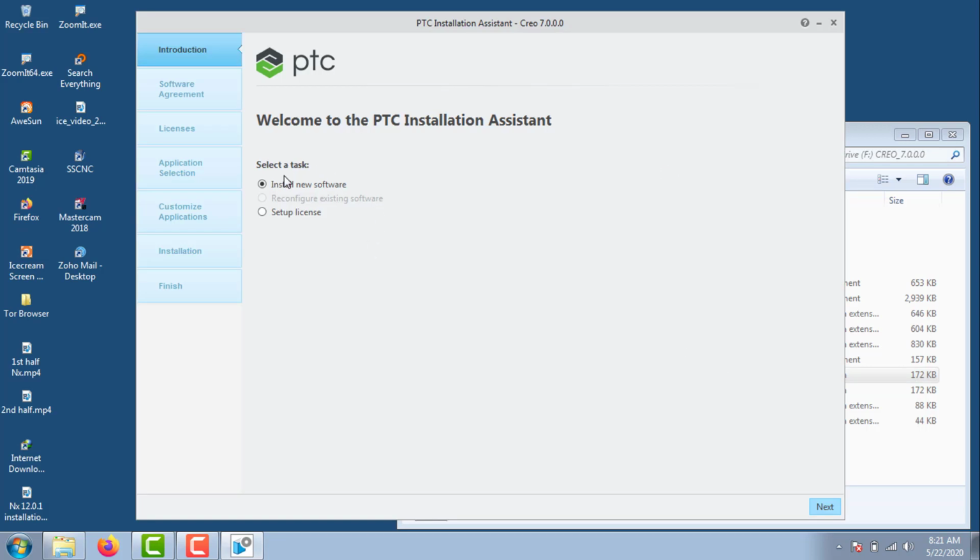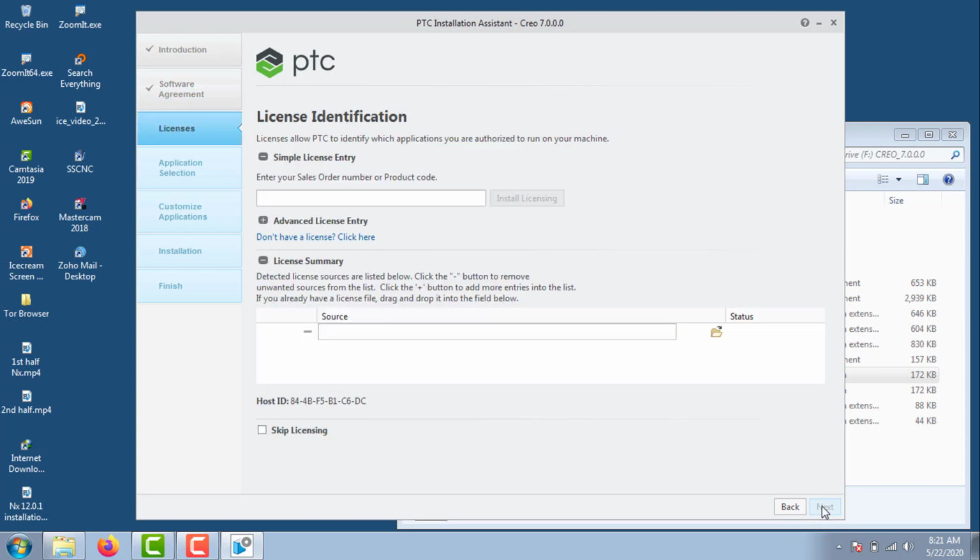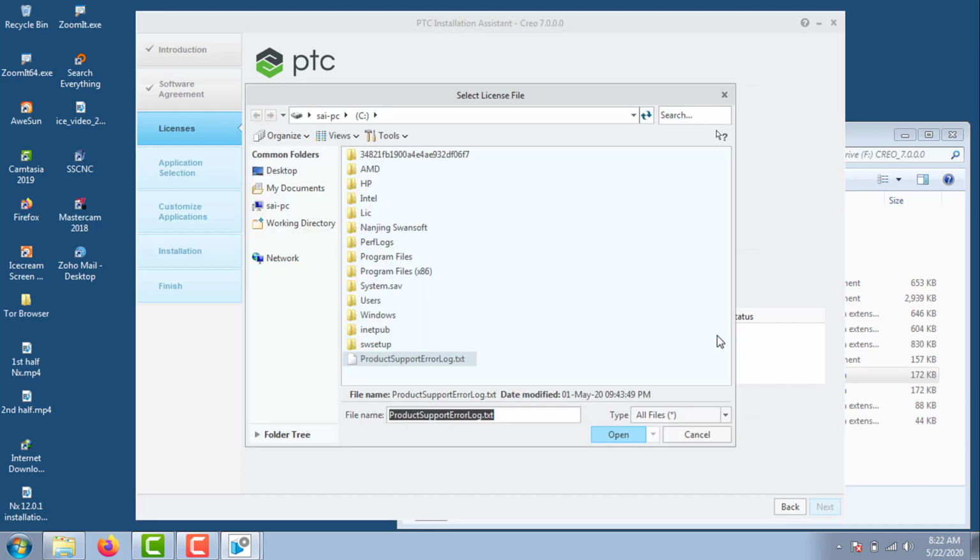See, it comes like this, and we have to select install new software, and I accept. It is checking the license, and this is the license bar where we have to set it.